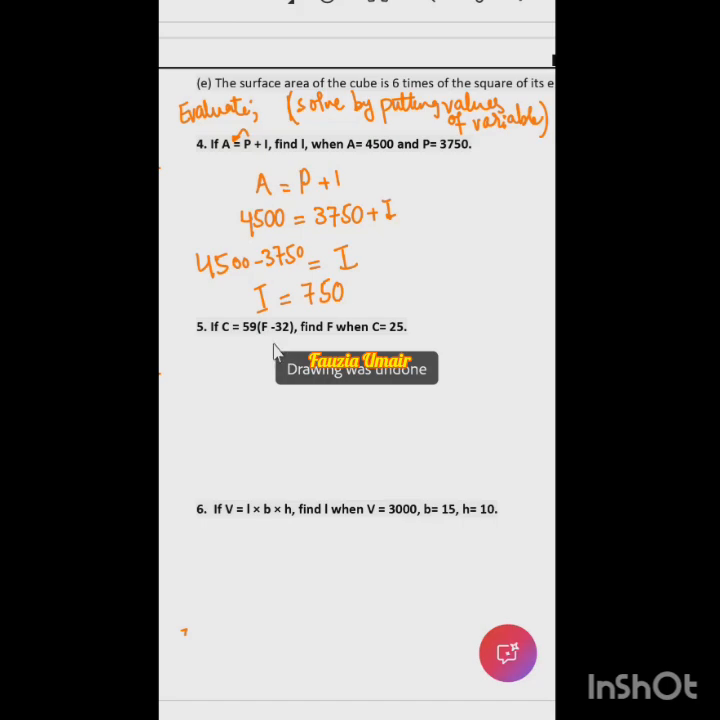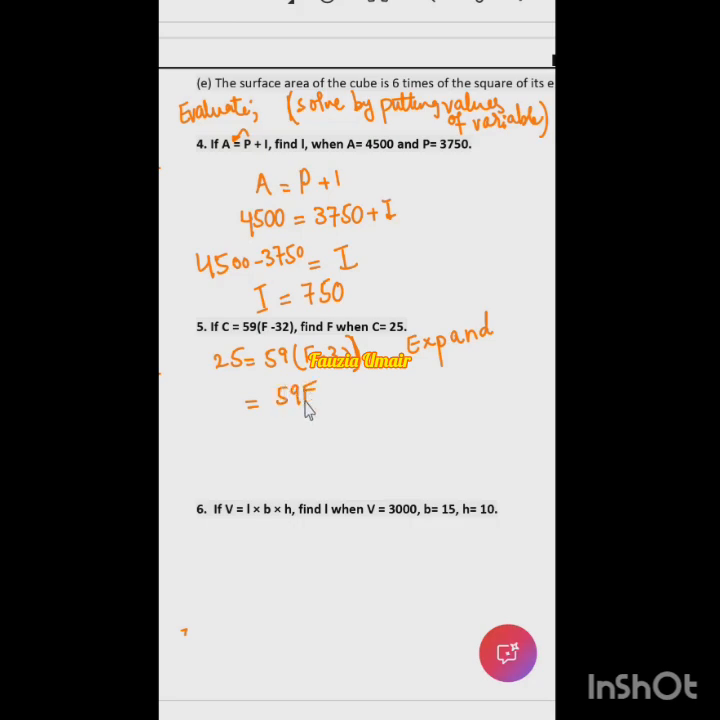Now this is a tricky one. So I will put the value of C here. So 25 is equal to 59 multiplied by F minus 32. So now what to do? Because we need to find out F, we need to separate it. Then we will first solve the bracket. What is opening the bracket called? Expand. We will expand this expression. So this will be 59F